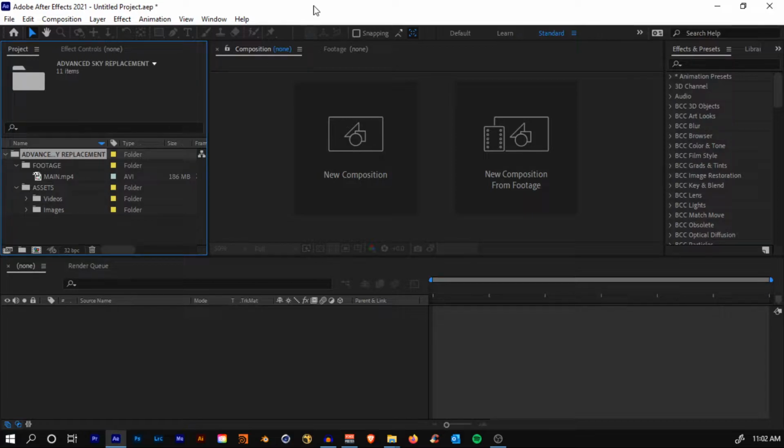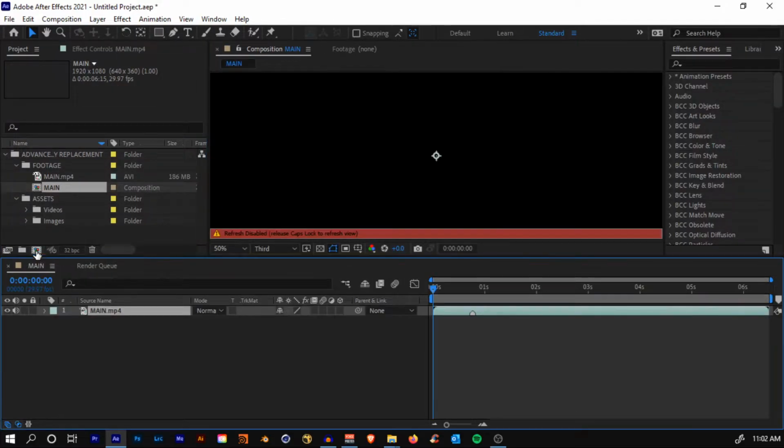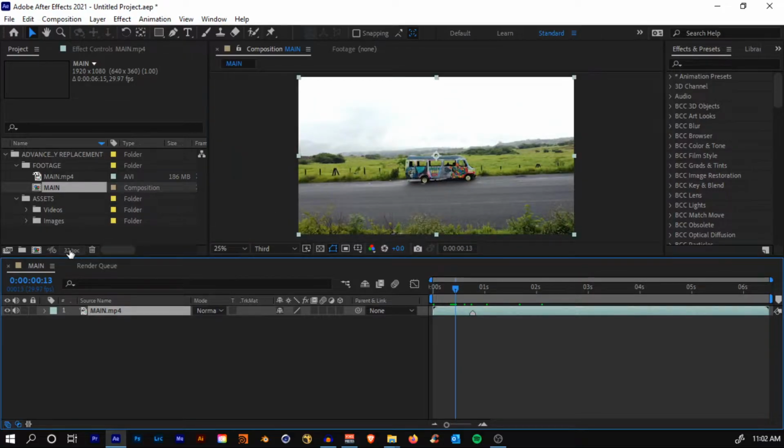Okay, so let's create a new composition out of the main footage. It's right here beneath the footage folder. Select it and drop it on this little icon to create a new composition out of it. Also, make sure you are working in 32 bits per channel, because you'll get more precise color and a lot more color range, especially when you're adding glow.